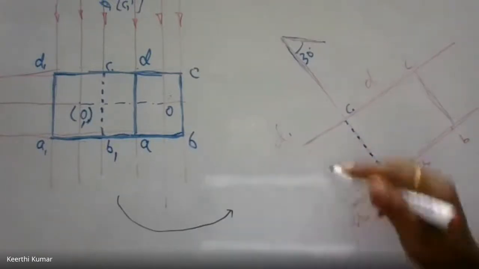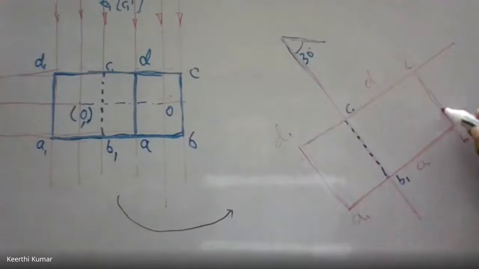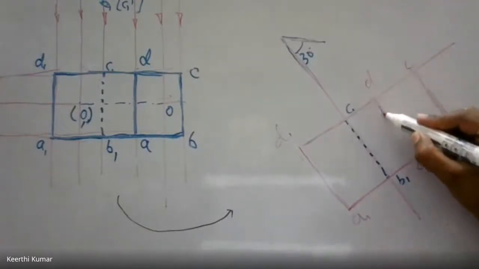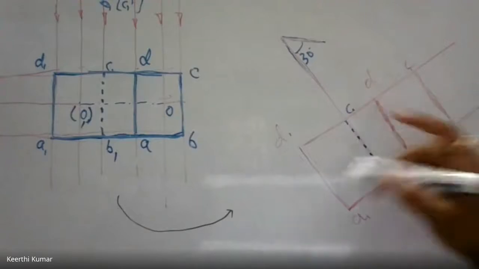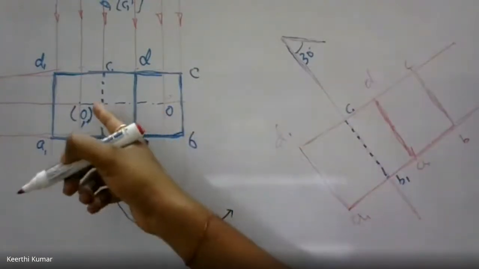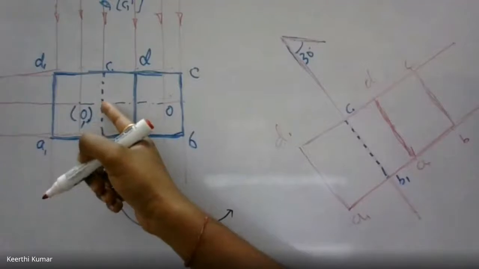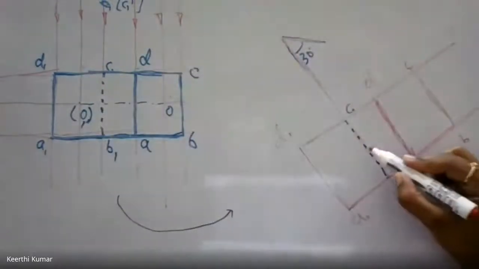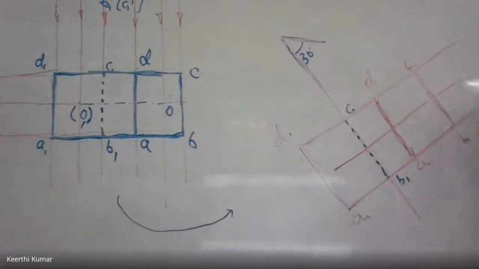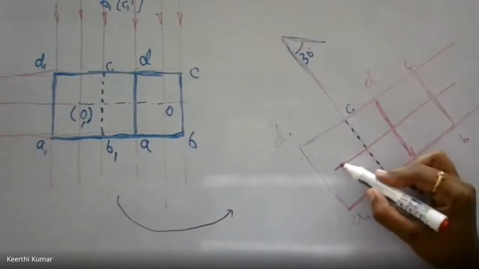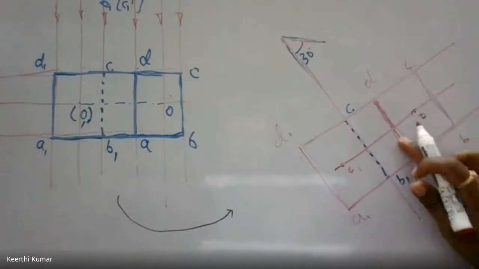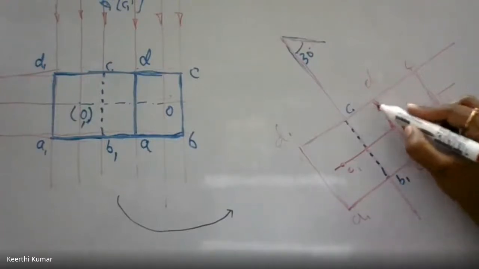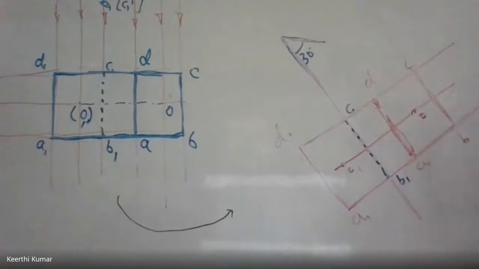What I did now, I have taken the same figure in this. I'll make it with the blue color. And this is connected with the thick line. And one more line I have missed out. What is that line? O to O1. To get O to O1, first you get the intersection here between C to B1. Draw a perpendicular line here also. So mark from here to here O. This is O1 and this is O. However it is there, you should draw with the same format. If there is a hidden line, here also it's supposed to be hidden. If there is visible, here also it's supposed to be visible.